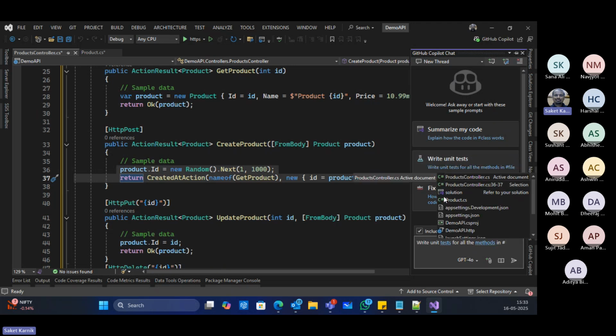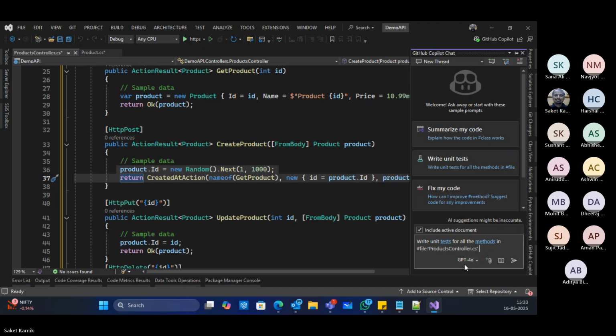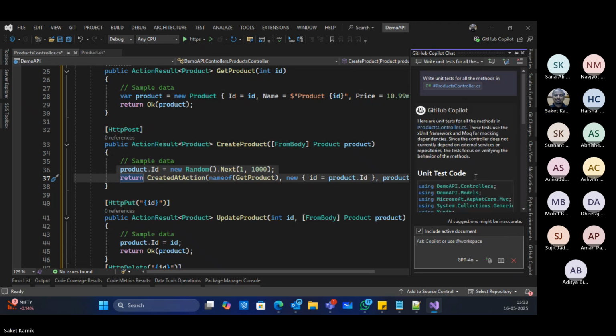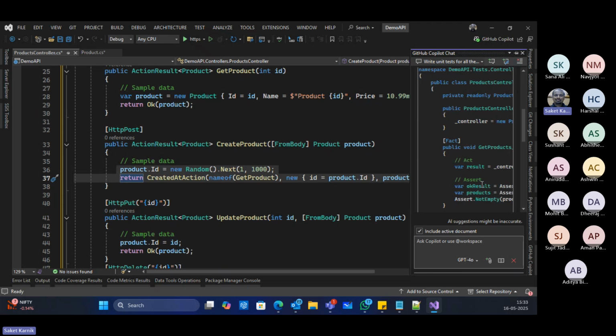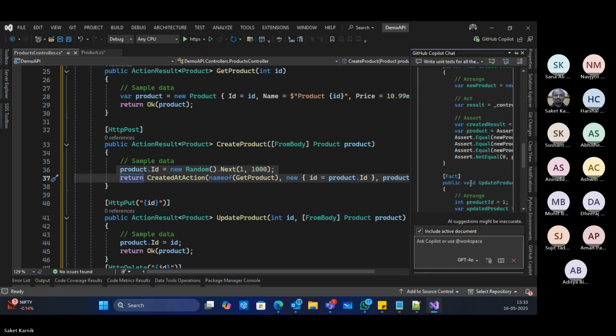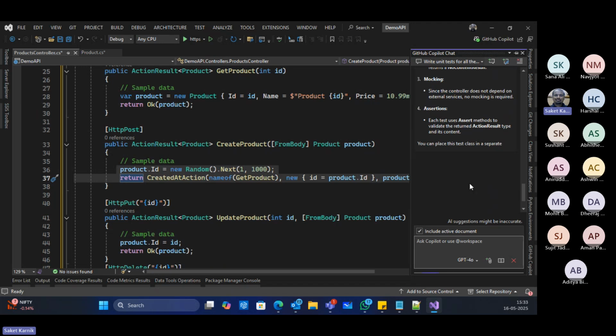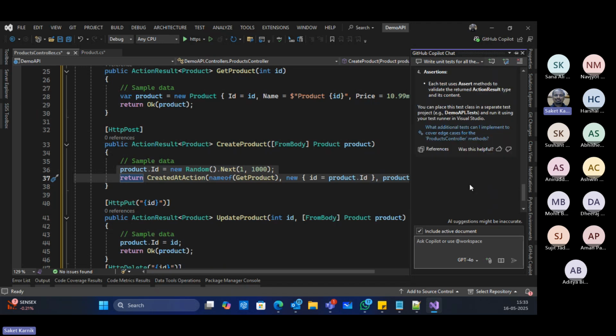So let's say right now the workable code I have is within ProductController.cs, and I just say use that. It generates the unit test case code also with all the explanations, right? Plus the to-do items, like what you can do with this.